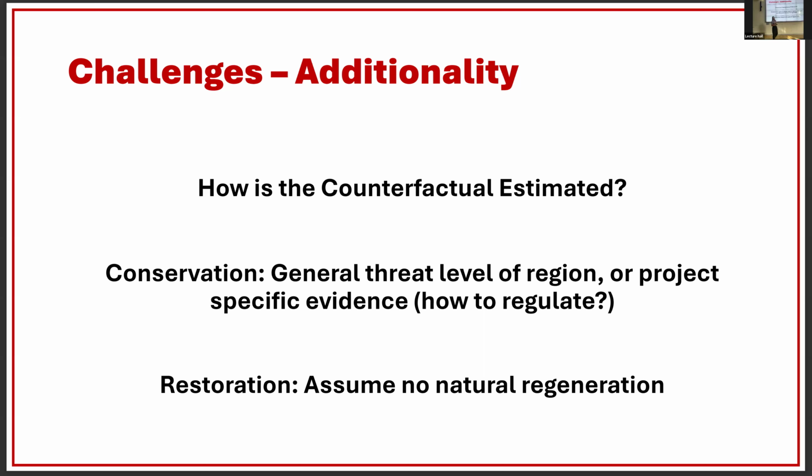At the moment, credit companies are estimating the counterfactual either by just estimating the general threat level of the region or on project-specific evidence, like saying we thought this site was going to get affected. So they're basically saying, we think that there was high deforestation in the area, or we think that probably this site was going to be damaged. Those are very, very coarse metrics, and they're very, very hard to regulate and measure. And they're not great estimates of the counterfactual. And if we've learned anything from the carbon market and previous biodiversity offsetting schemes, we know that they're not a very good metric for actually representing how threatened your specific site was.